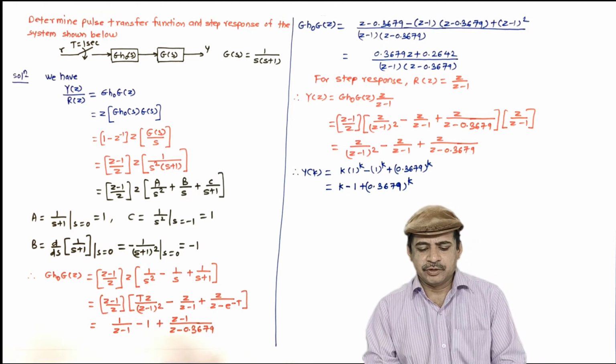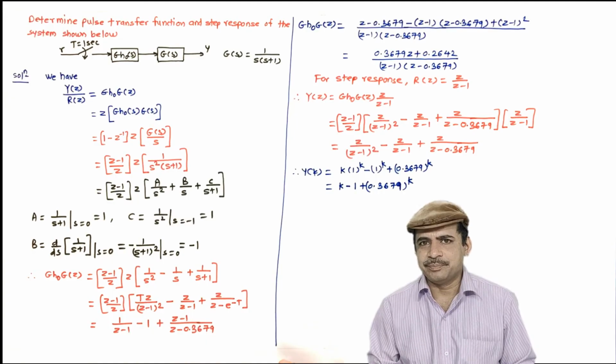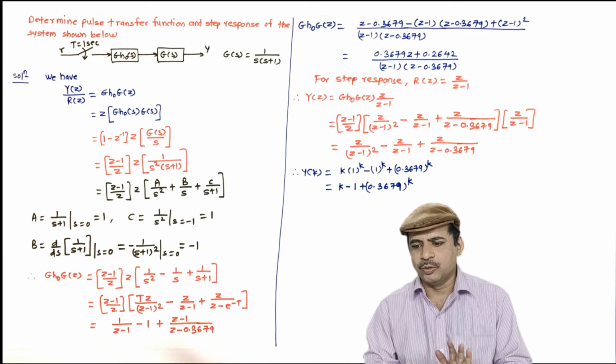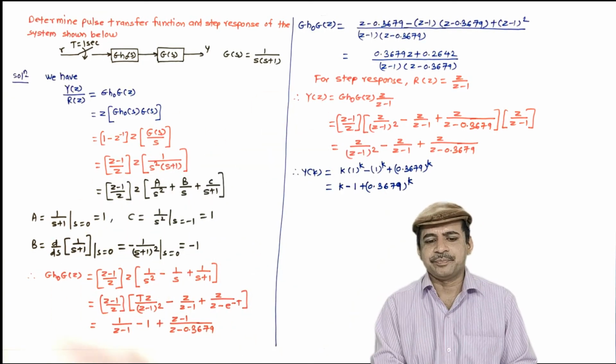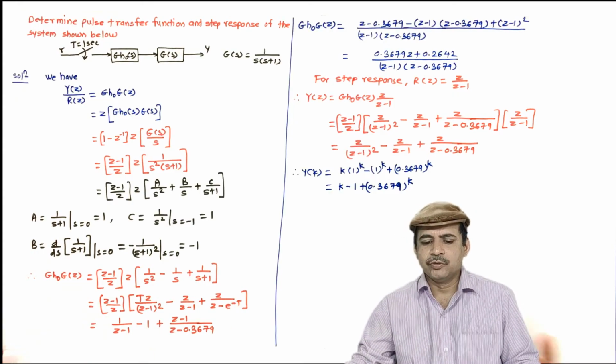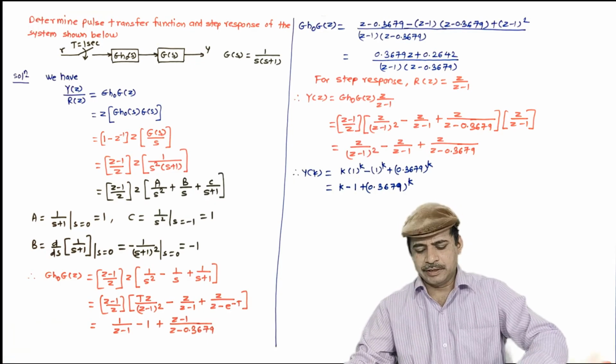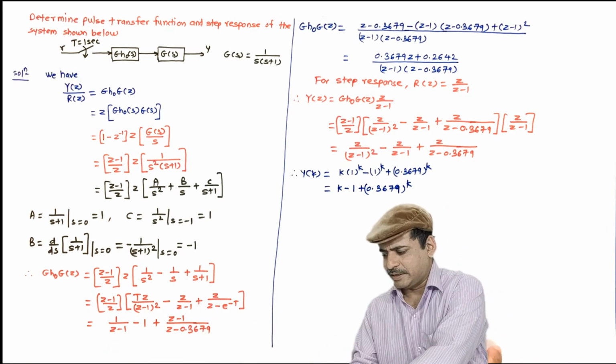So already we have solved two or three examples of this type. Now I hope that this concept is clear. We will solve one more example, and in that case we will not have the G H0 S block, we will just have some kind of different system. Let us see that.